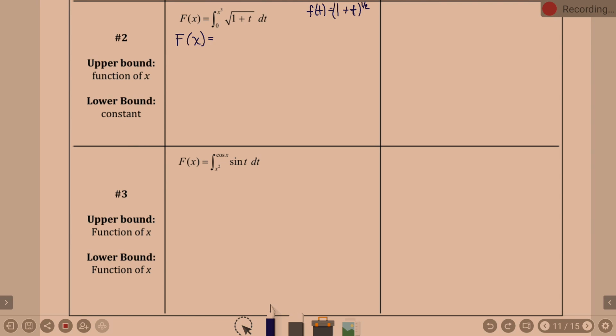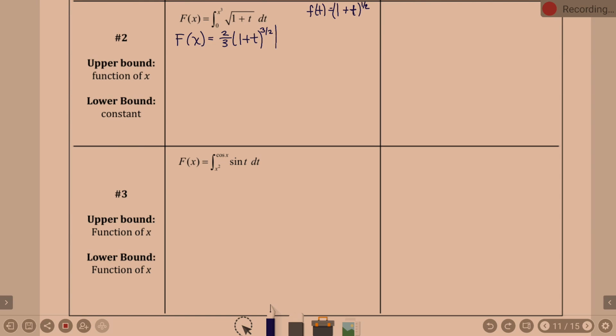Now when we integrate, we have something raised to the power of 1/2. Add 1, so 1/2 plus 1 makes 3/2. Divide by 3/2, which is multiplying by 2/3. Why are we doing this when there's a parentheses here? What would be the derivative of 1 plus t? It's still just 1, so there's no chain rule issue. So this is 2/3 times 1 plus t to the 3/2